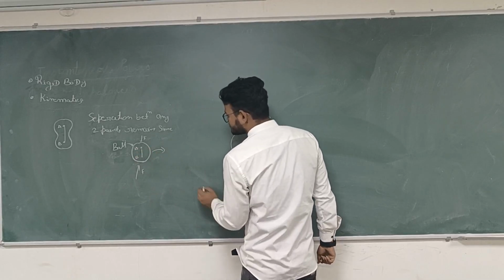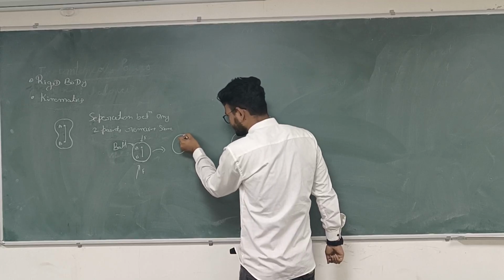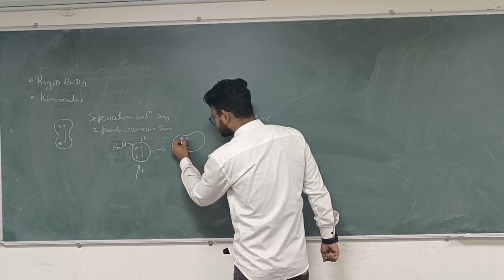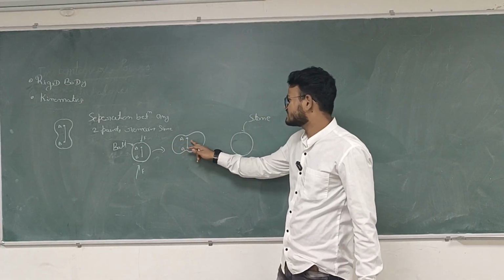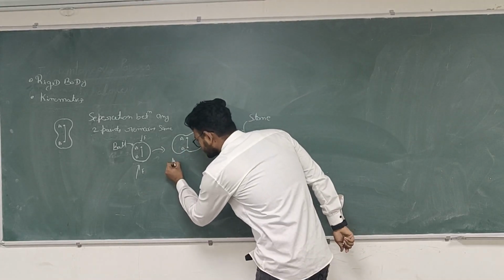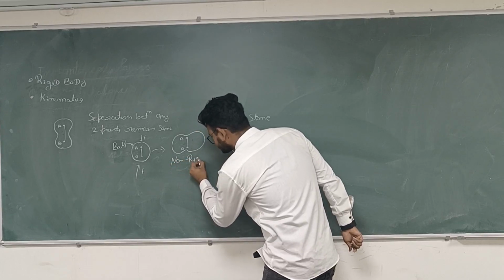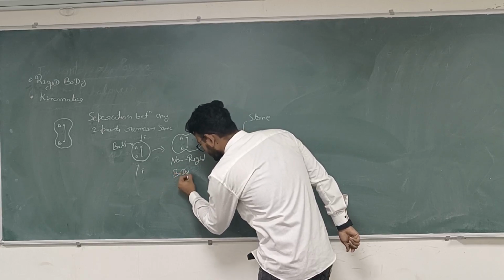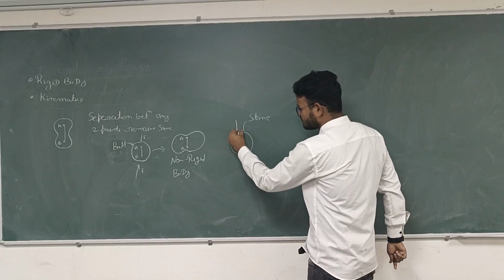Let's suppose after applying force, the body looks like this. These are the points A and B. So the separation between the 2 points will change. So this body is a non-rigid body. And now if I apply force on this stone,